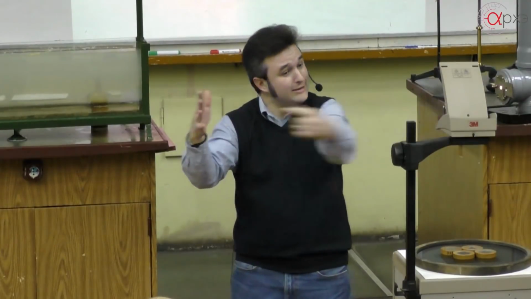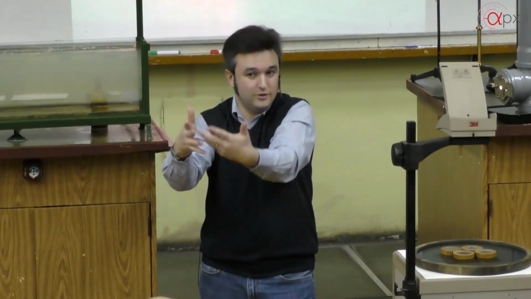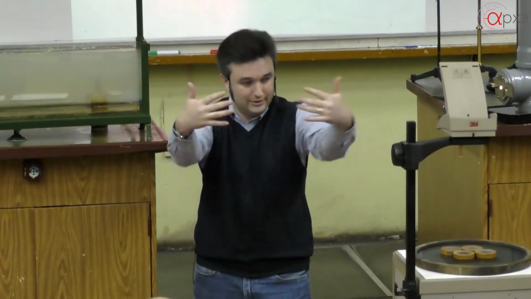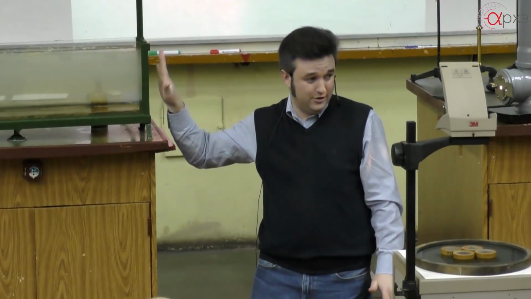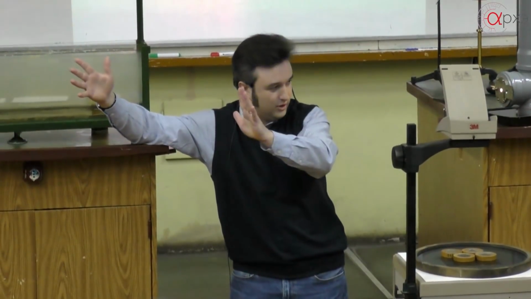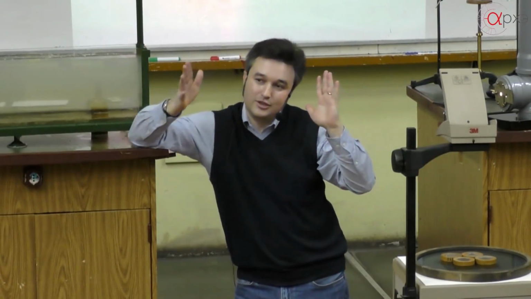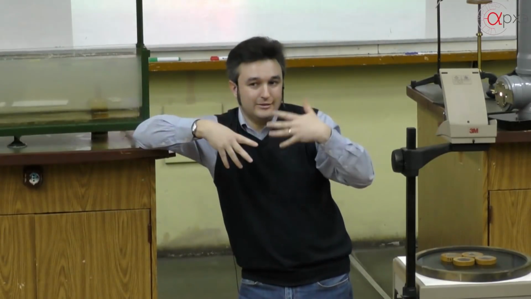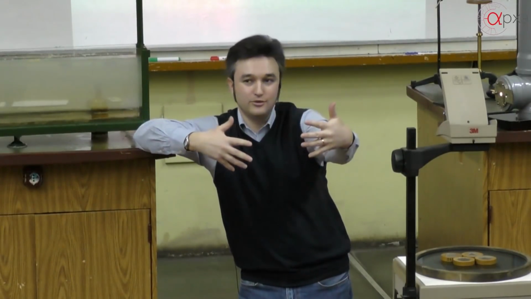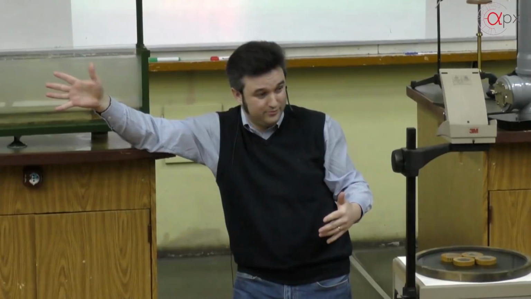Now, if we shine red light, we will not have a similar effect. The amount of light that gets into the eye will be smaller. So, if we shine white light, and we'll see in a minute that white light is actually not white. It is a mixture of a panoply of colors that go from blue to red, or from red to blue, depending on where you start. So, this white light is scattered differently. And the blue component of this light gets into the human eye, and that's why the sky appears blue.